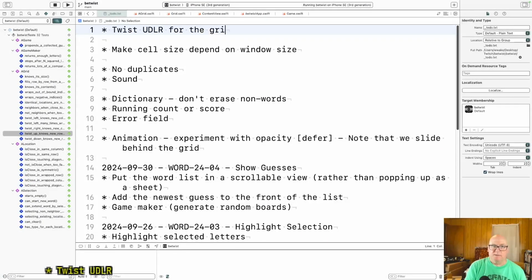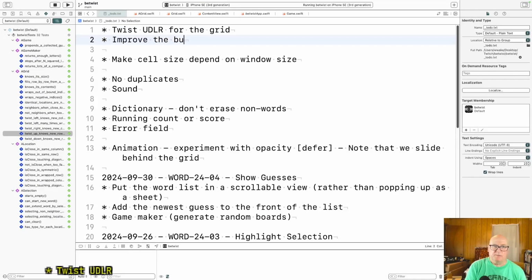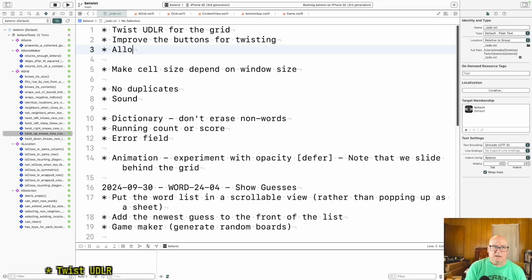for the grid, improve the buttons for twisting and allow, what do you call, swipe? So I'd like it if you swipe up, left, right, or down, it just does it. It would be fancy if it based itself on how fast you swiped, but mostly I think you just want to do one at a time, and the grid isn't going to be that big. If it was 500 by 500, it'd be very tedious to get all the way through it, but for 5. Okay, so